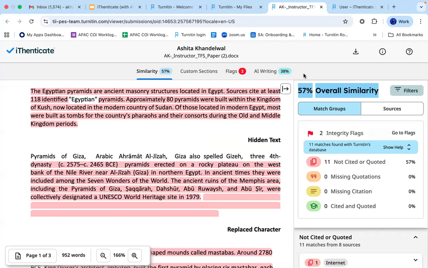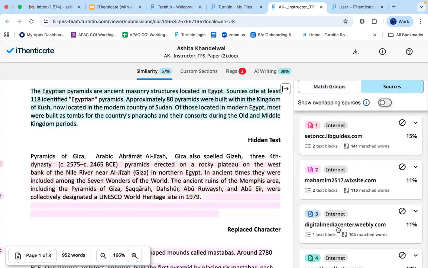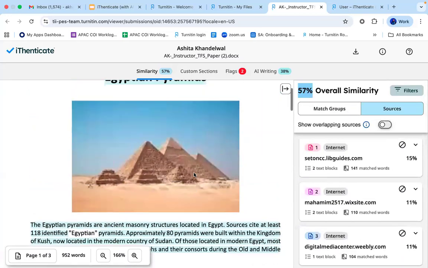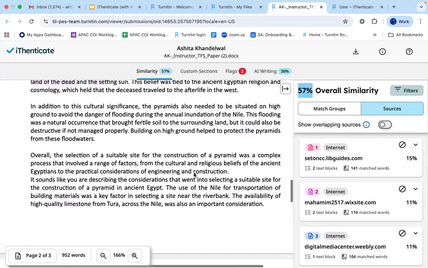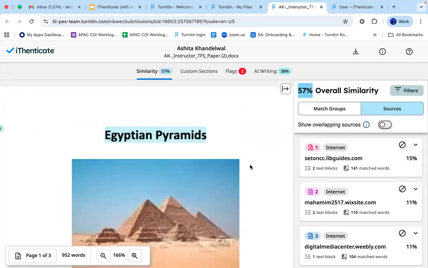So in my paper, 57% of my text is found similar to other sources. When I go to the sources tab, I can easily see which sources and which texts are being matched, constituting the 57%.